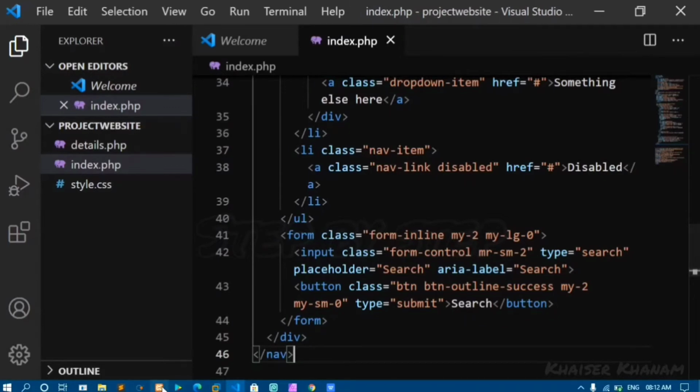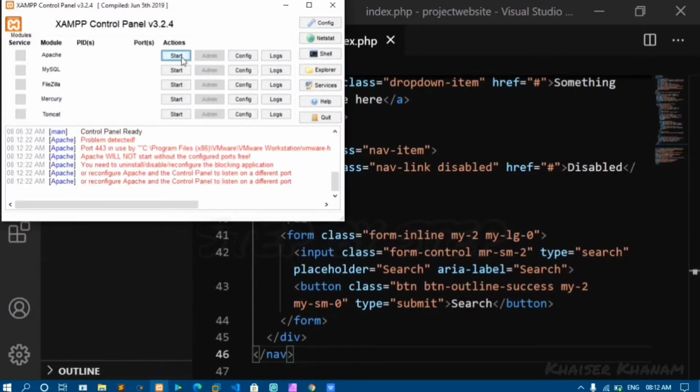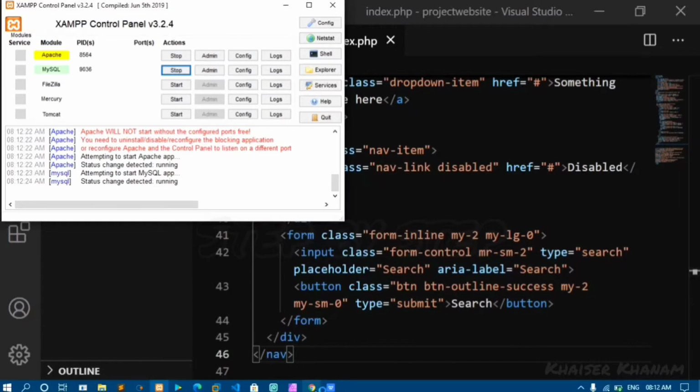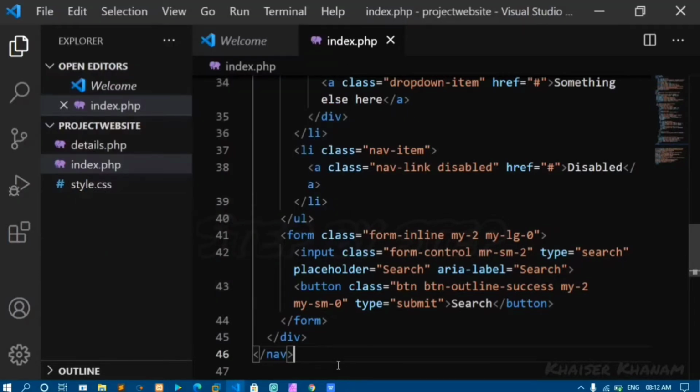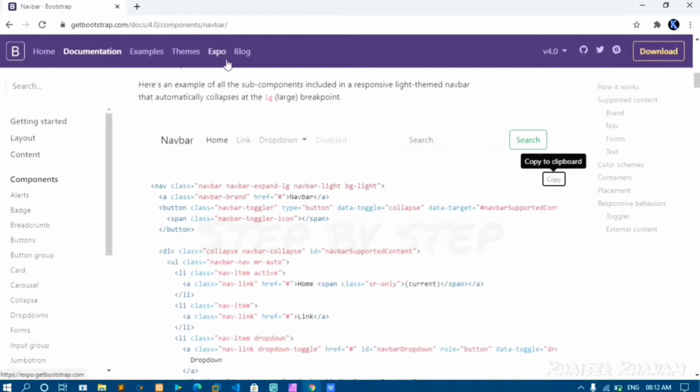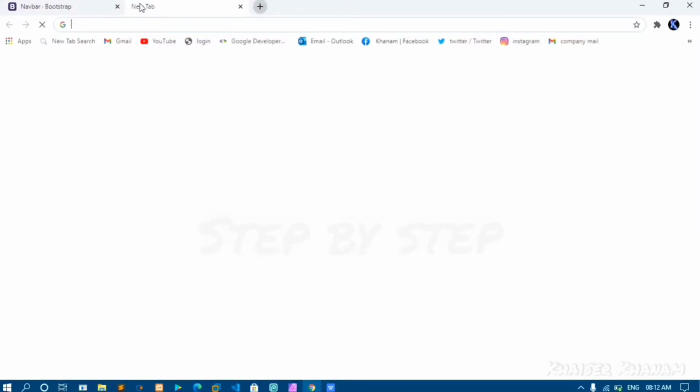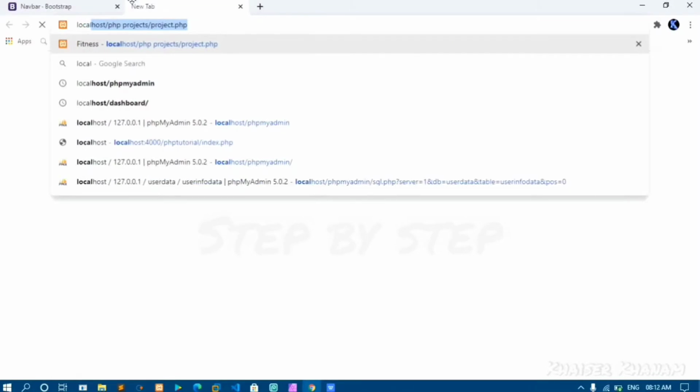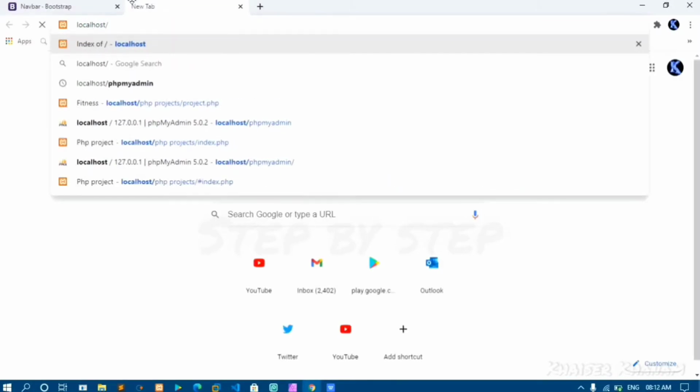If you have installed XAMPP, open the XAMPP panel and start your Apache and MySQL. Both MySQL and Apache have been started. I'll just see my output here. In a new tab, I'll type localhost.